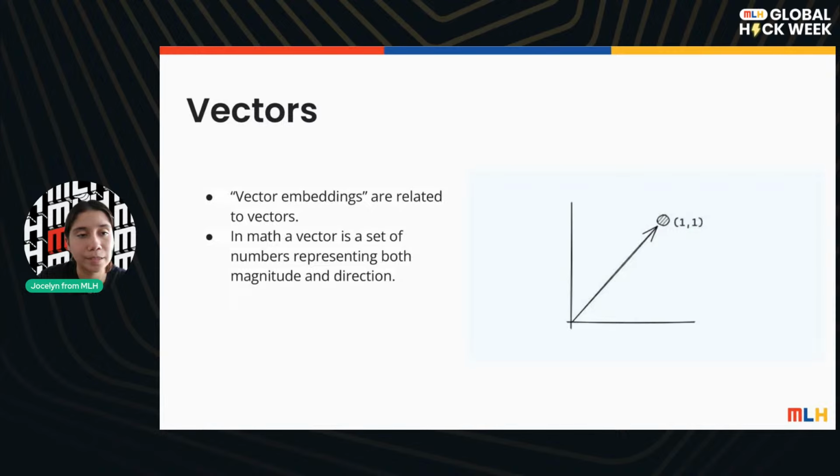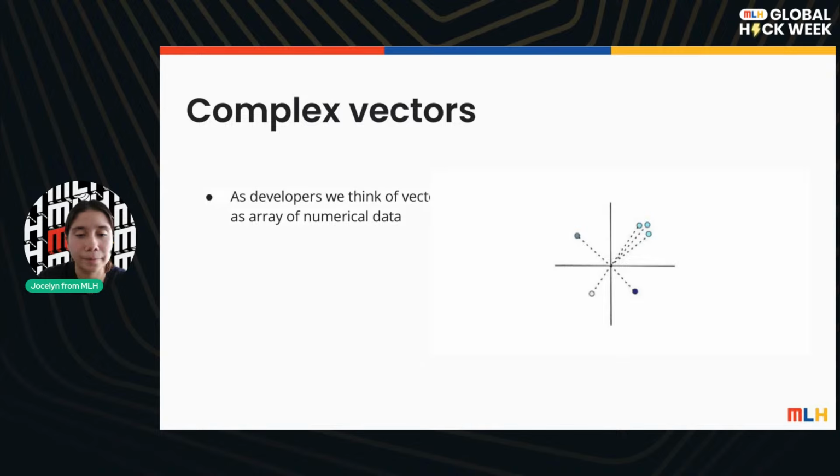This is just some simple stuff that we saw when we were in primary school, and we all understand this, right? So if you're talking about vectors, you are talking about physics, but then there's also this other term called vector embeddings that is nearly related, because you can also plot it, and it also has a magnitude and a direction as well. Then there's also complex vectors, and as developers, we basically think of vectors as an array